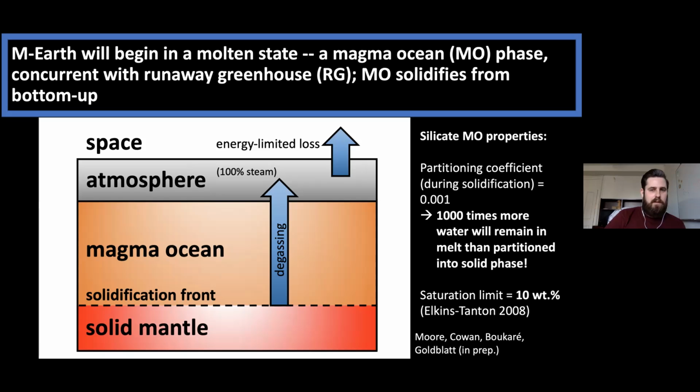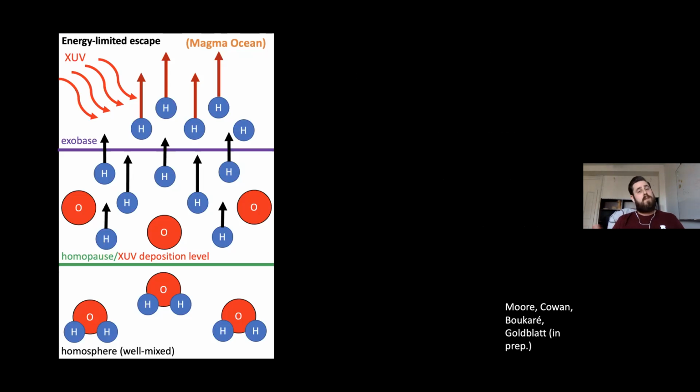On this slide, at the top, I've specifically written energy limited loss. That's because we can actually model two distinct regimes of loss depending on what evolutionary stage the planet is in at a given time. In this figure here, I show a very simple schematic for energy limited escape, which will occur during that early magma ocean phase. As the name suggests, the amount of water that will be lost to space is limited by the amount of XUV radiation coming in. So remember, we have a steam atmosphere. There's lots of water readily available in the atmosphere to be photodissociated and lost to space. So the real limiting factor on the escape during this time is the amount of XUV radiation coming in from the host star.